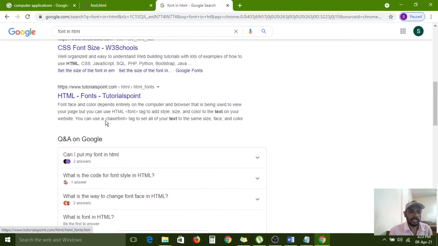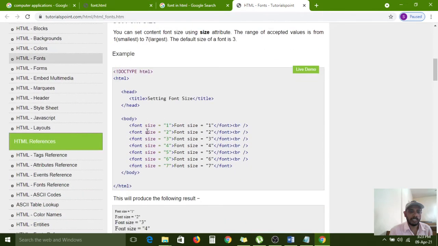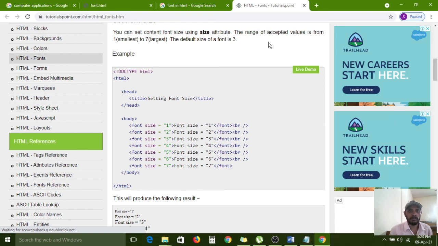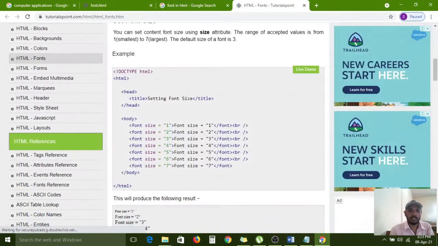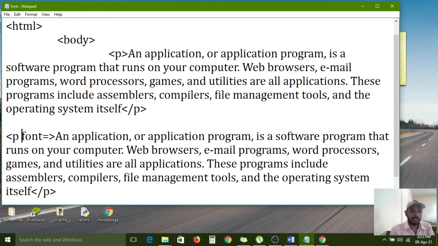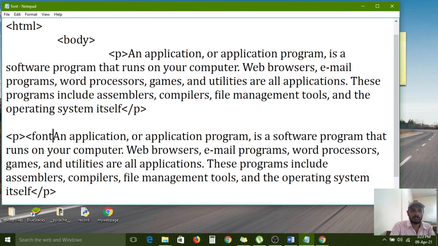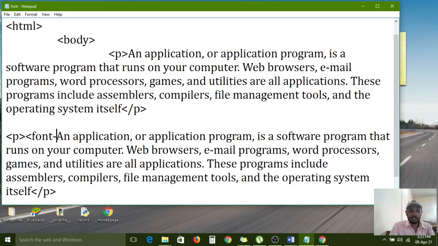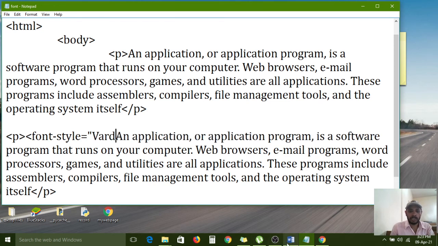Sorry, all HTML tags are showing, all CSS, like that we can use. Sorry, font is a tag, not an attribute. Again, the font tag we have to use. Font hyphen style. Font hyphen style is equal to Vardhana. Sorry, some spelling mistakes also we have.